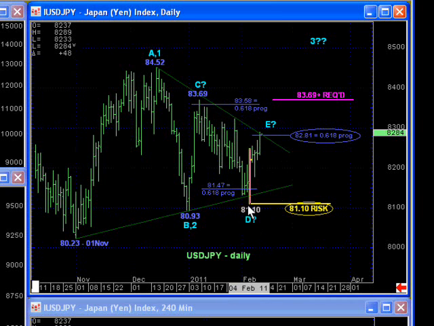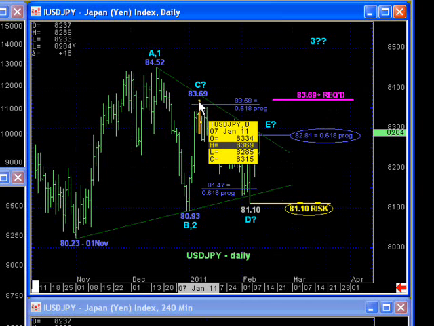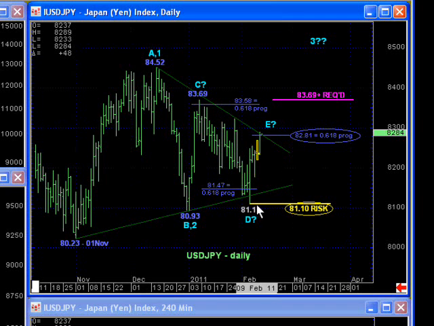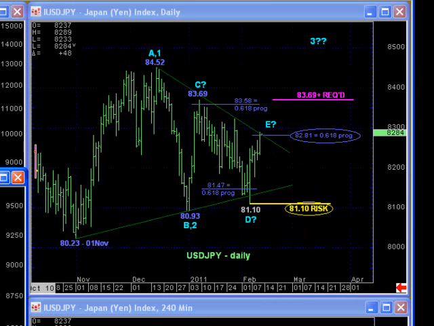For as long as that 81.10 low remains in place, so does the prospect of a major basing and reversal threat that will be confirmed if the market can break above that 83.69 high from January 7th. If the market relapses below 81.10, it will reinforce this lateral triangle consolidation pattern that, within the context of the